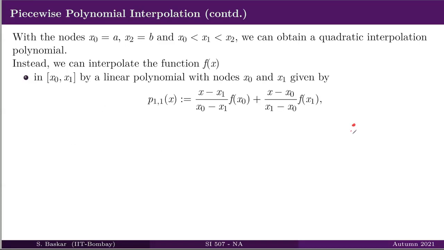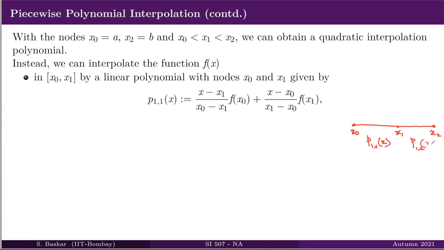So you have x0 to x1 as one interval, and in this interval you will construct P11 of x, and you have another interval x1 to x2 in which you want to find